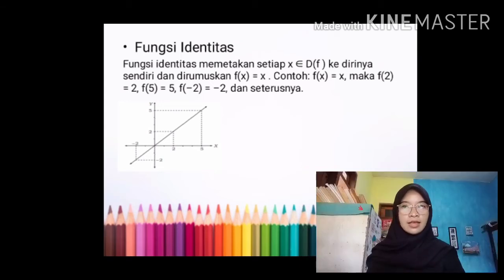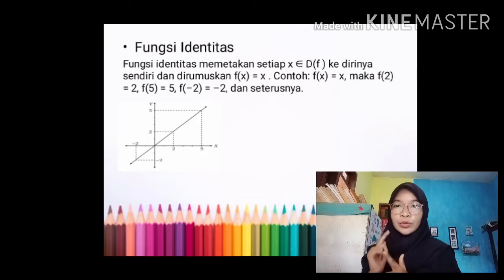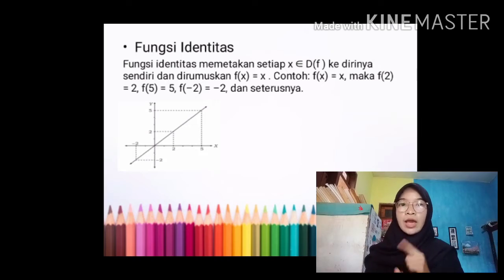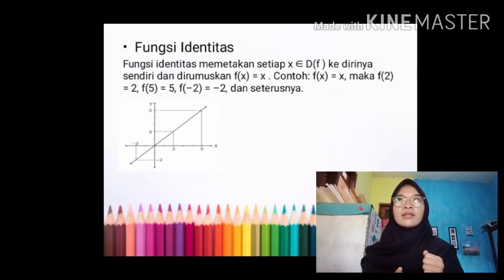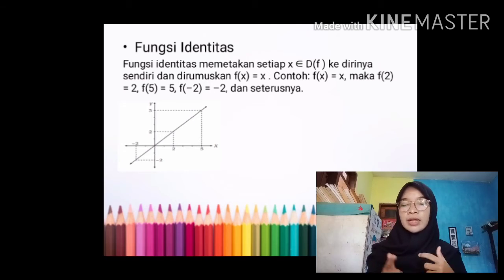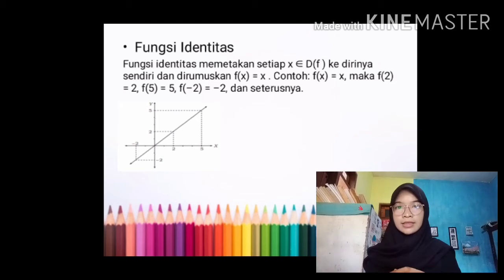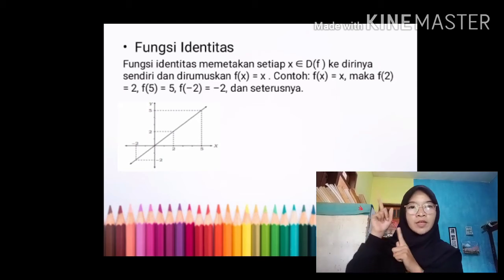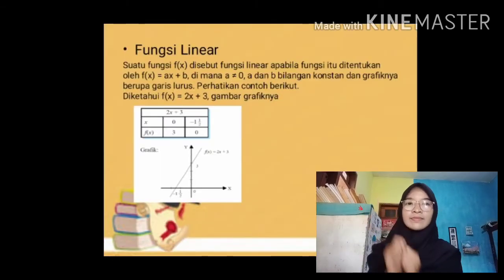identity function. The identity function maps every x element of D f to itself, and the formula is f x equals x. For example, f x equals x, then f 2 equals 2, f 5 equals 5. Next, f of minus 2 equals minus 2, and so on. This is the graphic picture. Next,